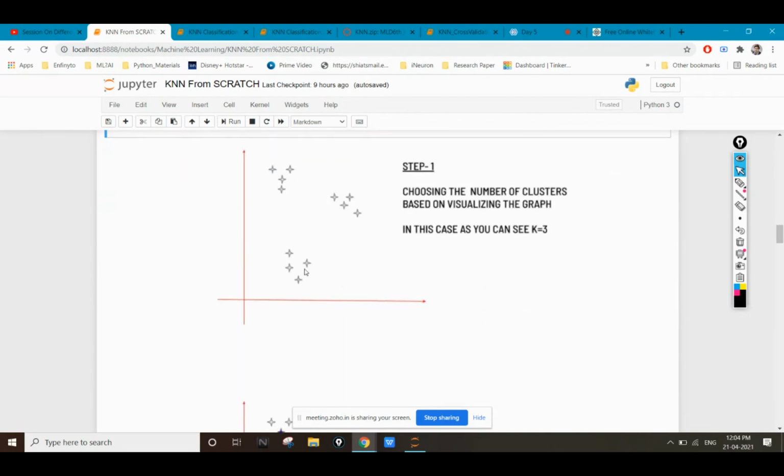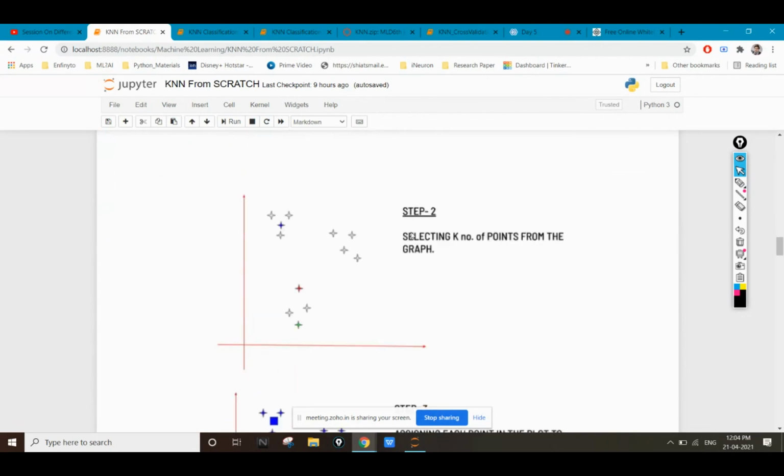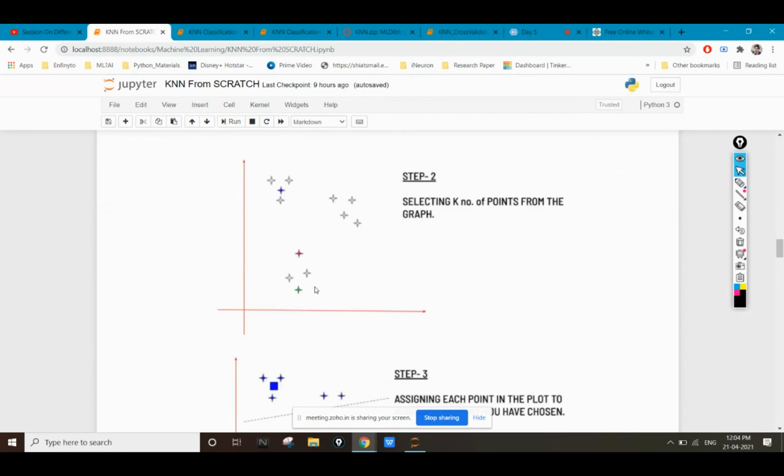See here, in this figure we can take the value of k to be equal to 3 from the visualization. Now we are randomly choosing these 3 points to be centers. This is my center number 1, this is my center number 2, and this is my center number 3.